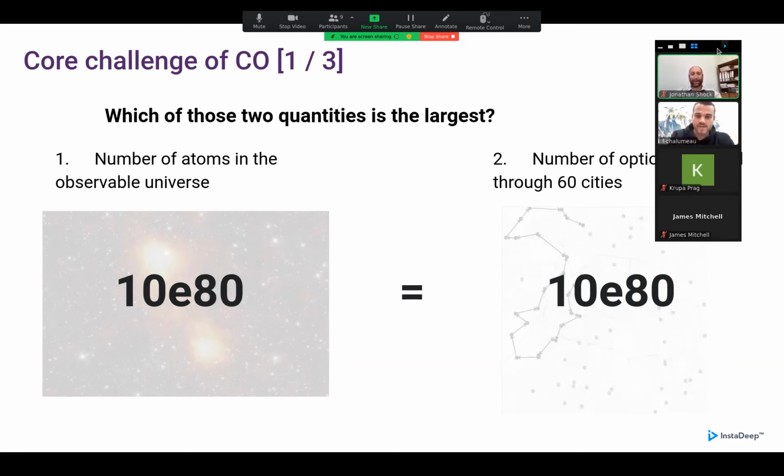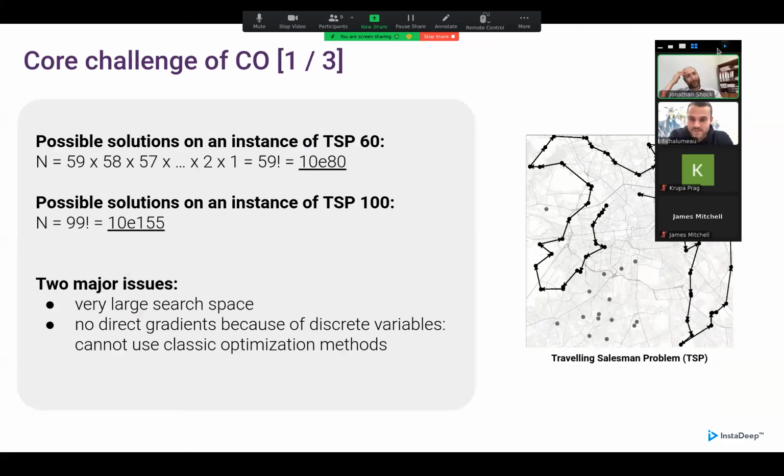And how did I get those numbers? For the number of atoms in the universe, I got it from internet. And to compute the number of solutions to this problem, which looks like a simple problem, but it's not at all, let's say we fix the first city, which we can do because it's symmetric. Whatever the starting point, you can always obtain an optimal solution. Then you only have 59 remaining cities to visit. Once you've gone to this city, there is only 58 remaining, etc., etc. So if you just multiply all those numbers, it gives you 59 factorial, which is 10 to the power